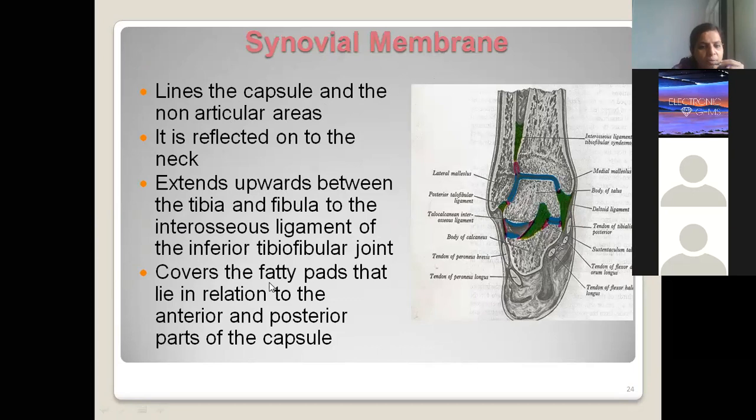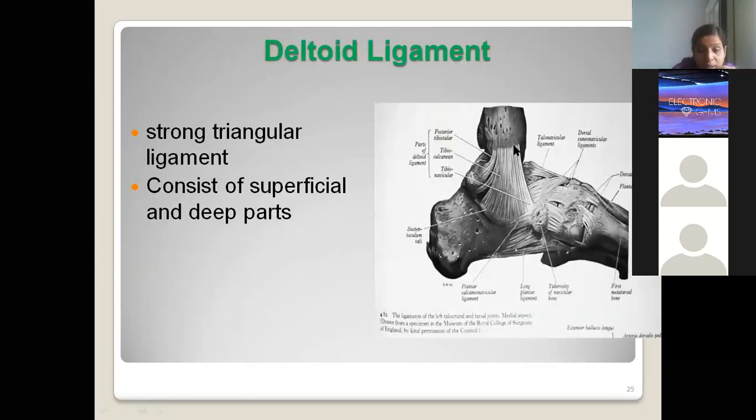So these many points are repeated, not so important. See, deltoid ligament. This is the medial aspect. First, try to understand: what is this bone you are finding here? Medial malleolus. Talus will be this mark. It is not seen because it is all covered with ligaments.